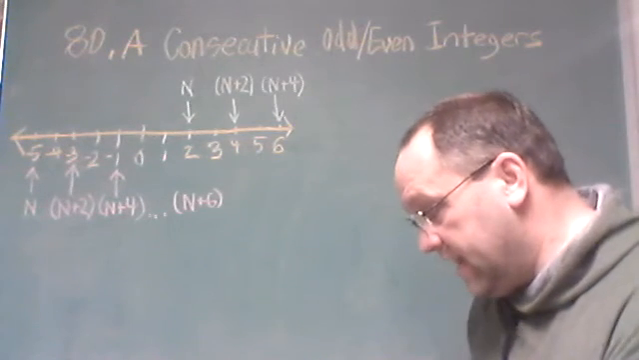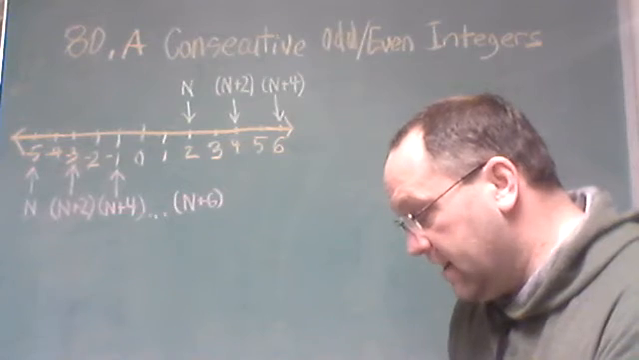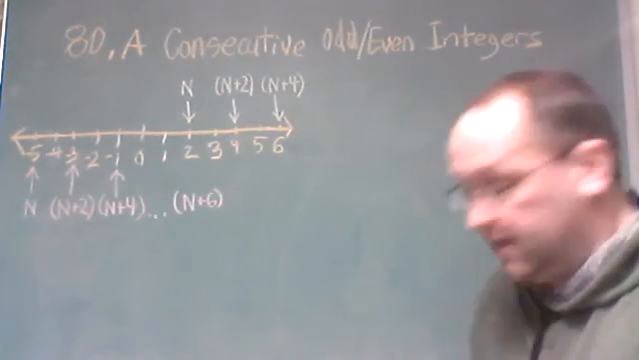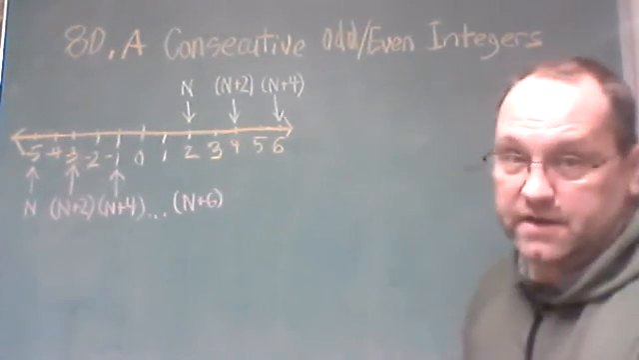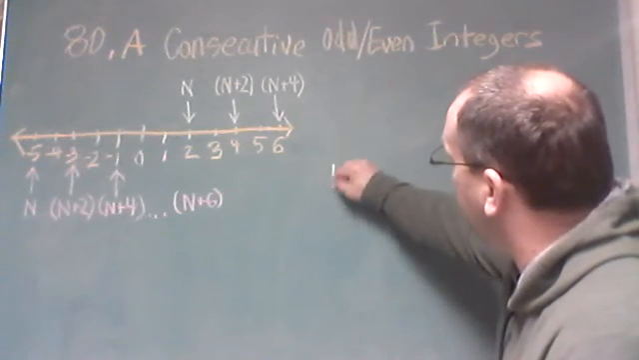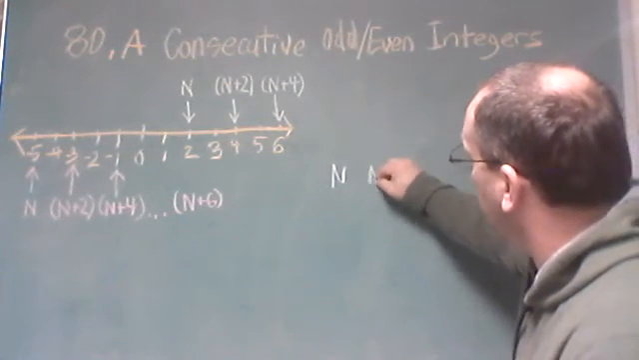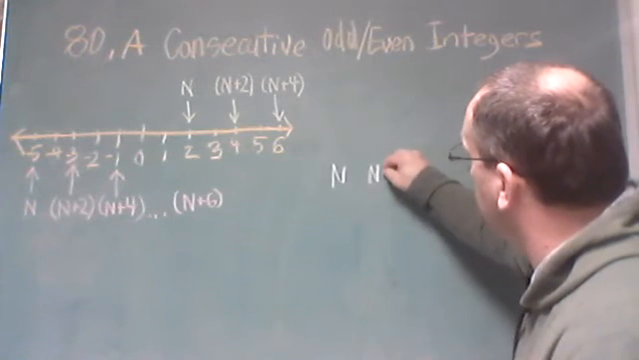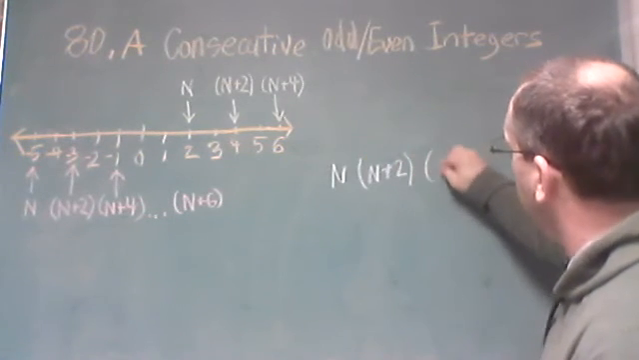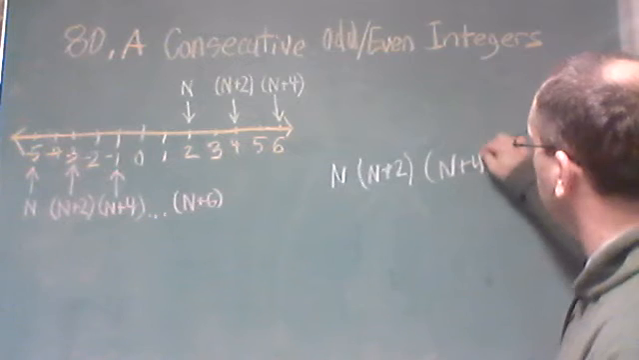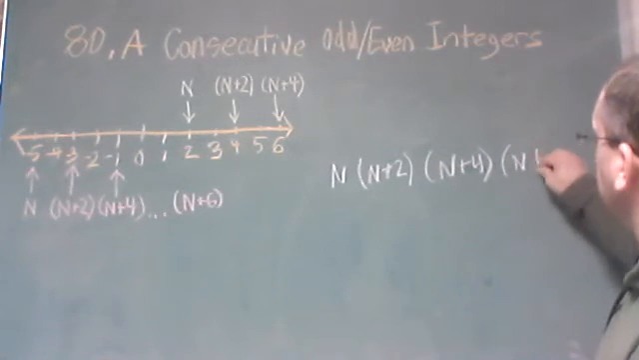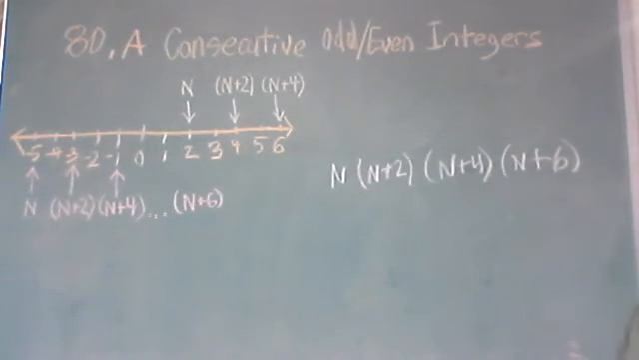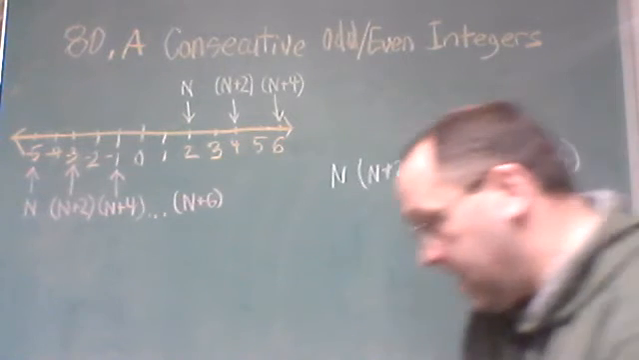Okay, so example 80.3, find 4 consecutive odd integers. So now our terms, we have 4 of them. We have n, n plus 2, we have n plus 4, and we have n plus 6. Okay, we have 4 of them. And they want to know,